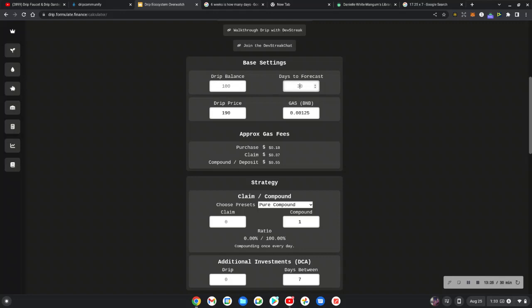I was just watching a video about Piston, and they talk about they put the anti-whale thing, but it's affecting everybody. If you claim too much, they charge you 75%. But when they put it on, a lot of people were less claiming fees for compounding, so now they're going to count that against you. And if you try to take money out, you take $10 out, they want to take 75% of it.